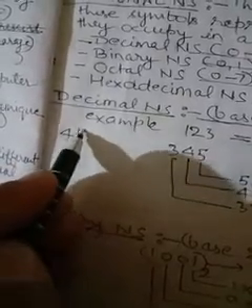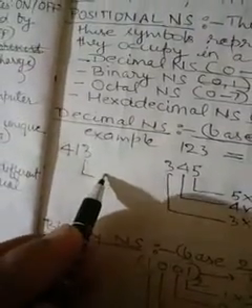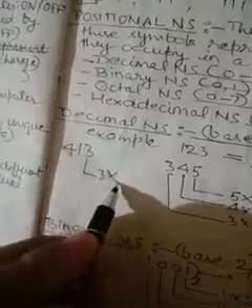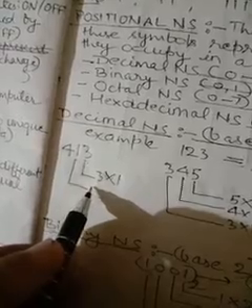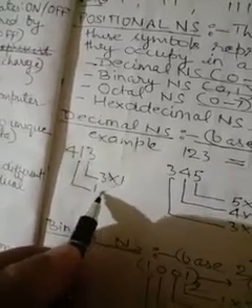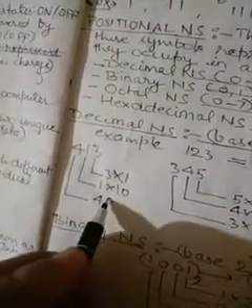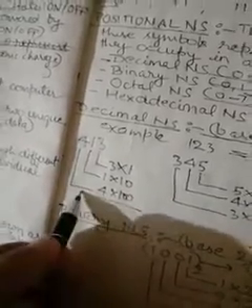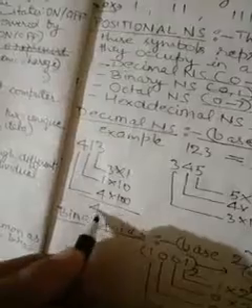Let's take another example. We have 4 1 3. How will we make it decimal properly, by place value? The last number, 3, is multiplied by 1; second, to the left of 3, is 1 into 10; and again 4, that is the third place, so 4 into 100. We add all: 3, 10, 400, so 400 plus 10 plus 3 will be 413. So that is the representation of a decimal number.